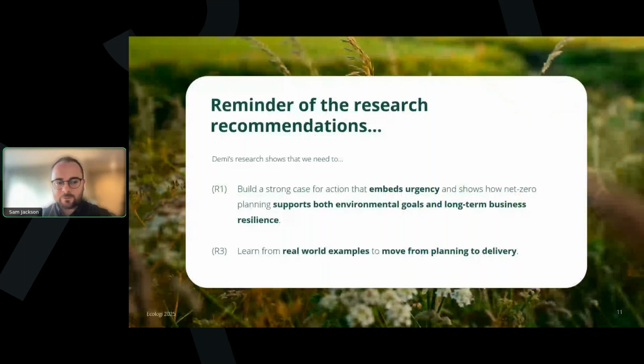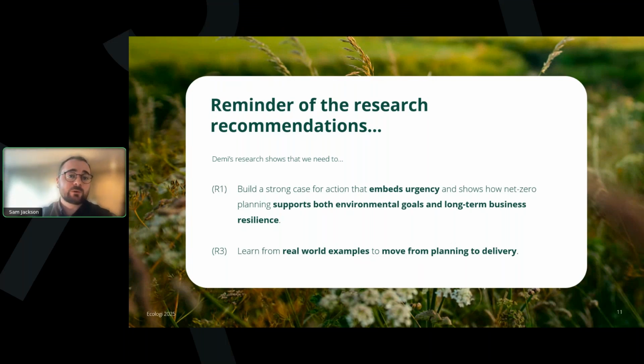I wanted to tie that very closely with the recommendations from Demi's research, because recommendation 1 there was about building the strong case that embeds the urgency and demonstrates that transition planning is not just an altruistic exercise. It's not just because it's the right thing to do, though of course it is. It's also going to be really critical to your long-term business success and your resilience, which as a small business